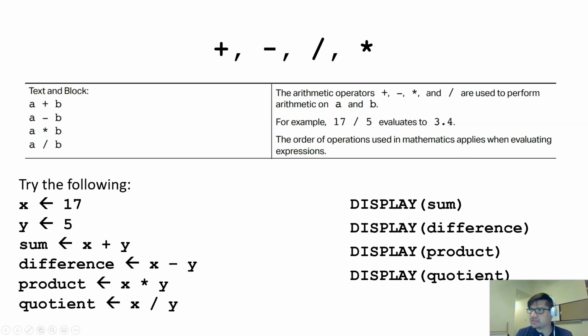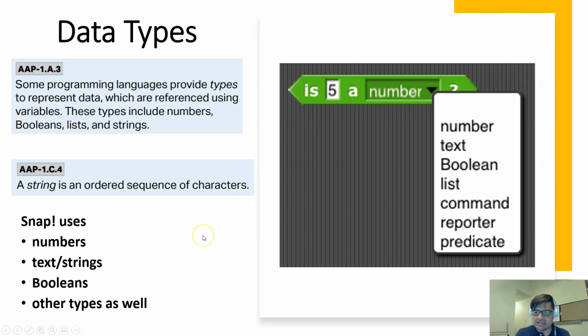Okay, next. Data types. If you see this in blue right here on these PowerPoint slides, all that means is this is coming from the College Board themselves. You can consider this gospel. This is like College Board says this is what's true, and this is their official way of defining things. According to them,